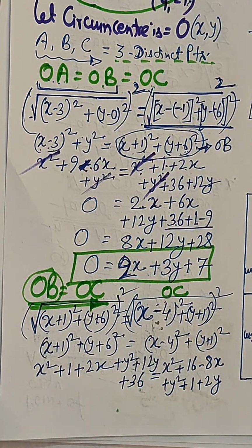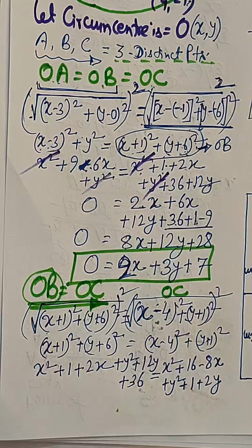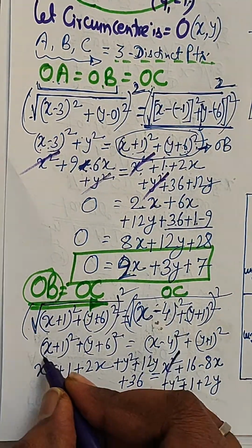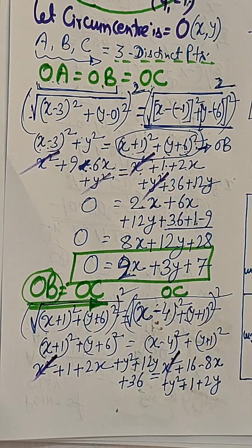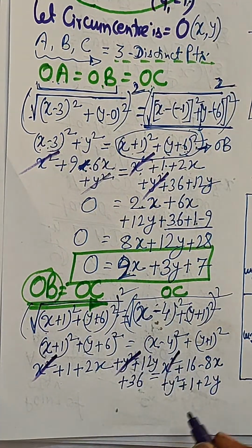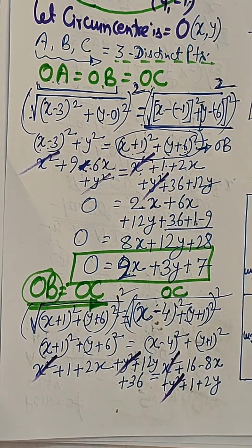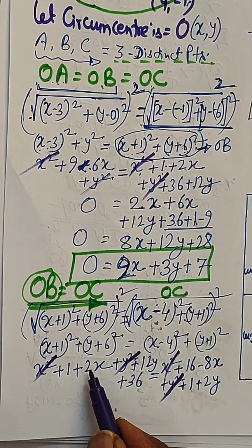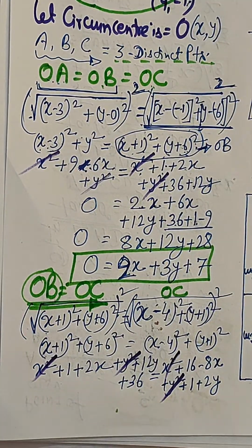So from here what we can see, again x square and x square will be cancelled out, y square and y square will be cancelled out, and we have 2x, this will be